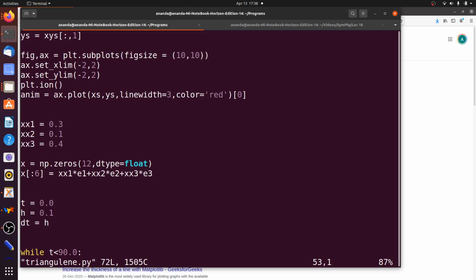It's a slightly lengthy program, primarily because of all these bells and whistles you need to draw the molecule. But actually, it's very easy to see that all we have done here is we have three initial conditions. xx1, xx2, xx3 are simply the amplitudes of the three normal modes. Here we started with, as you can see, the values 0.3, 0.1 and 0.4, which means all the three normal